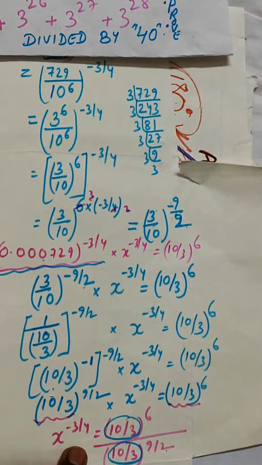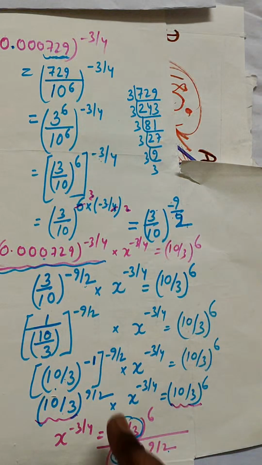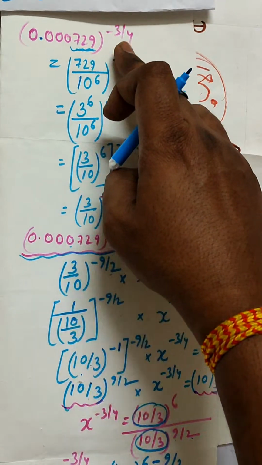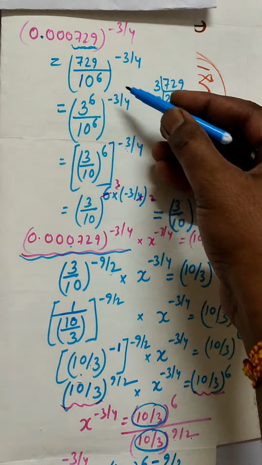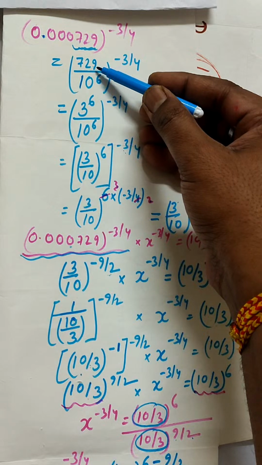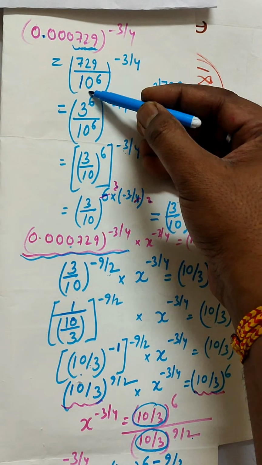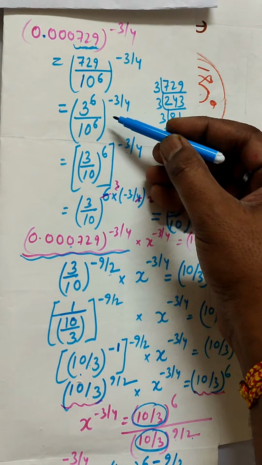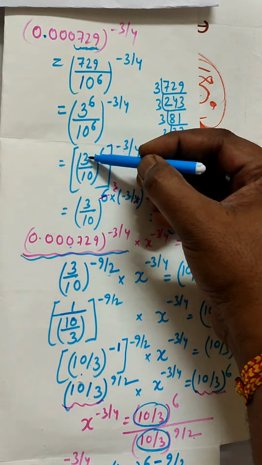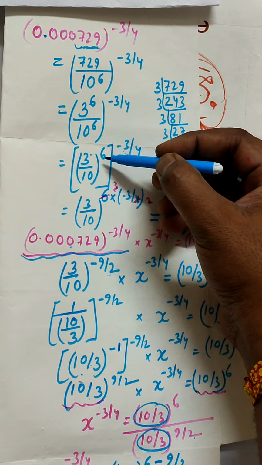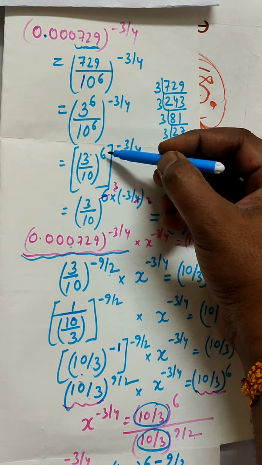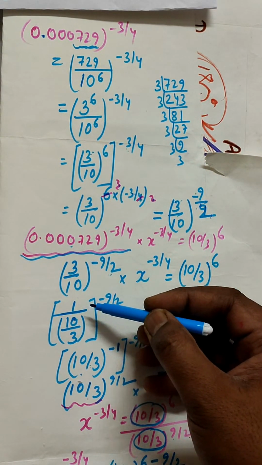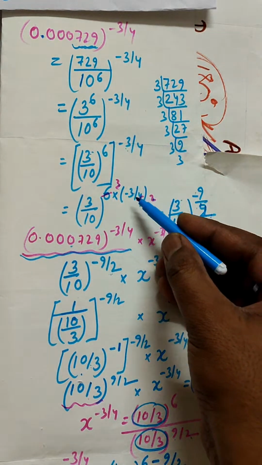So I'm coming to the questions again. So 0.000729 power minus 3 by 4. So here it was written as 729 by 10 power 6, right? So it is written as 10 by 3 or 3 by 10 power 6, right? 3 by 10 power 6, which is converted into 10 by 3 power minus 1, right? So 6 into 3 by 4,